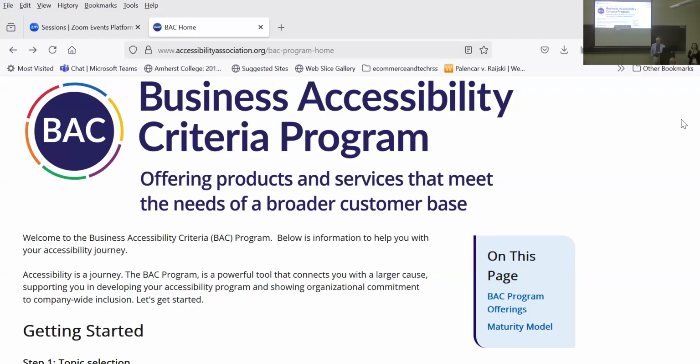There are a lot of resources out there, as we all know, with tools that can help organizations guide their plans. But we often see a separation between what the disability community says and what the business community says. The language between the two is sometimes so nebulous that they just don't understand or hear each other. That's one of the gaps we were trying to address with this product.